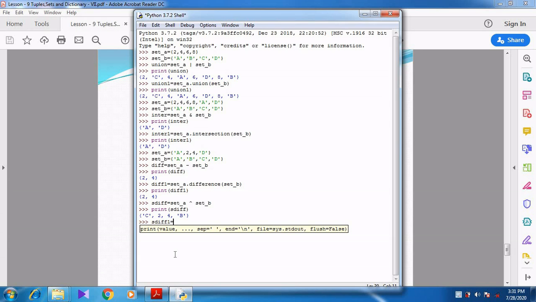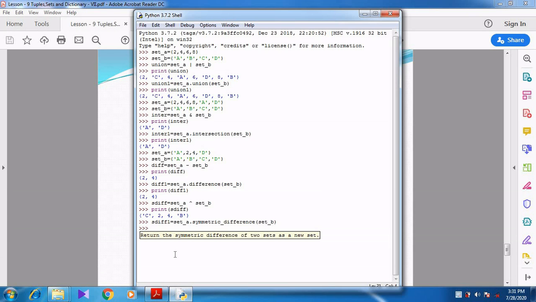S DIFF 1 is equal to set underscore A dot symmetric underscore difference. In that I want to pass set underscore B. So now all the values are stored in S DIFF 1.